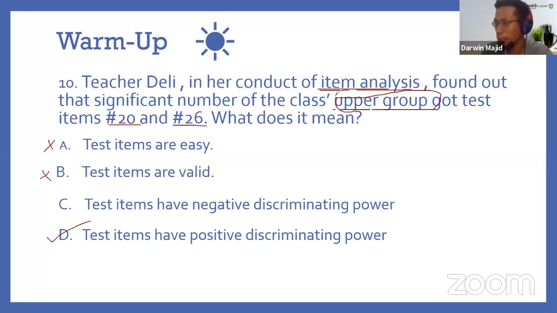So, yun po itatandaan natin. Item analysis, look for the upper and the lower group. And later on, you will see that also in the summary that I created a table para madali po nating matandaan. Kasi pag paragraph, medyo mahirap tandaan. Okay? So that's why in your review po, I suggest